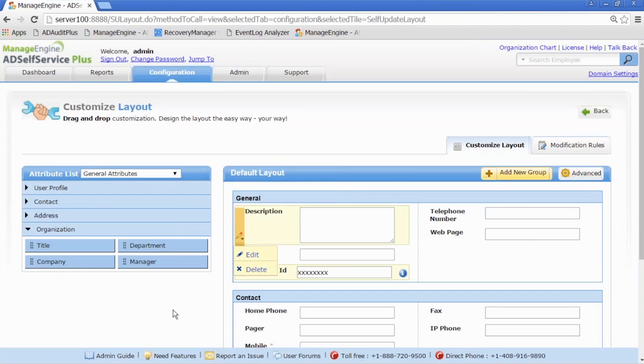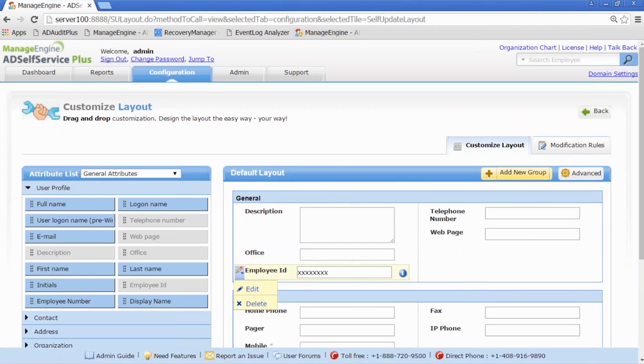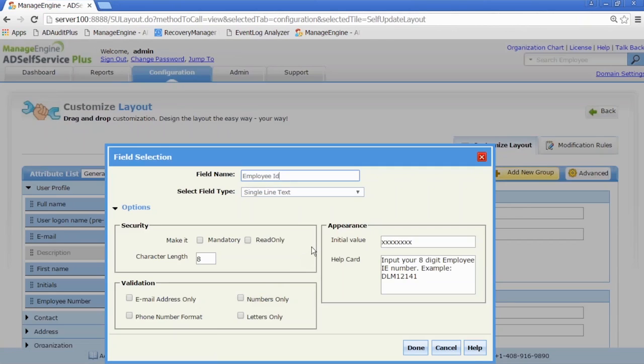And if I want to pull it out, I can delete it, and then it comes back over here. Now, we also give you the options inside of the interface to basically define things. We can have initial values. We can have whether it's mandatory, character limits, give them examples in a help card. We can have single, multi, drop-down, checkbox, radio button.